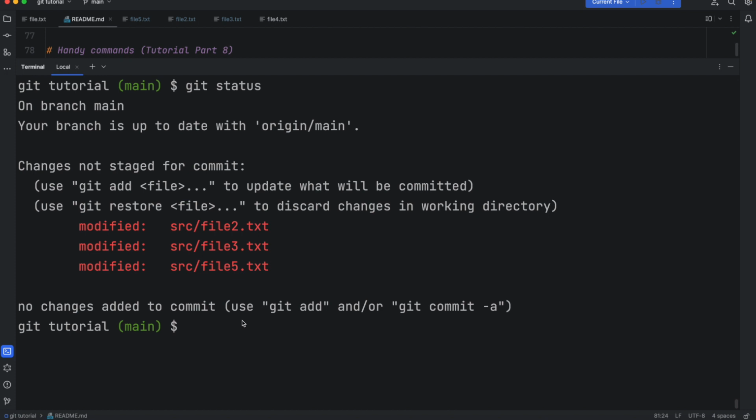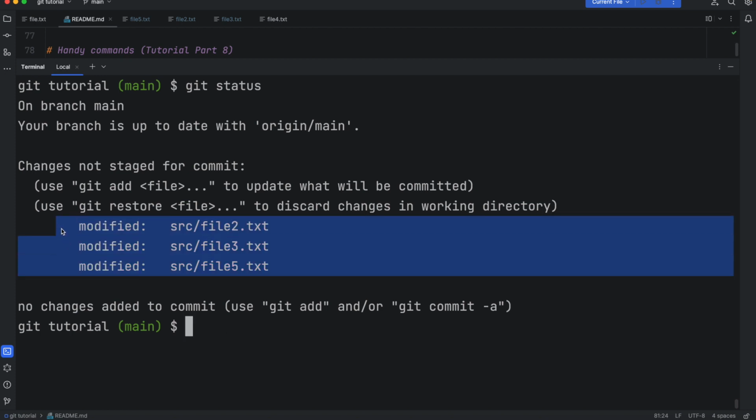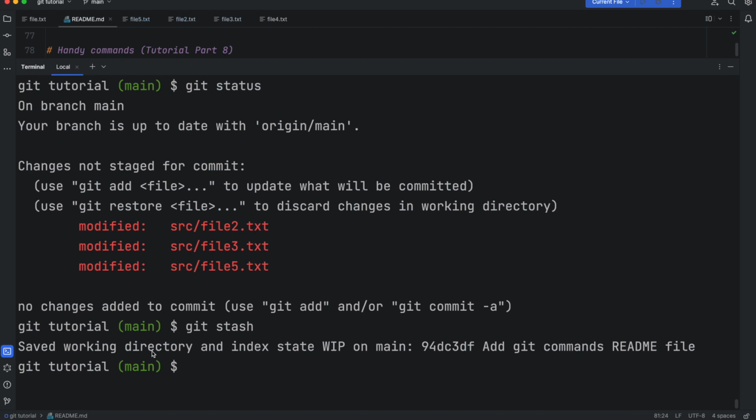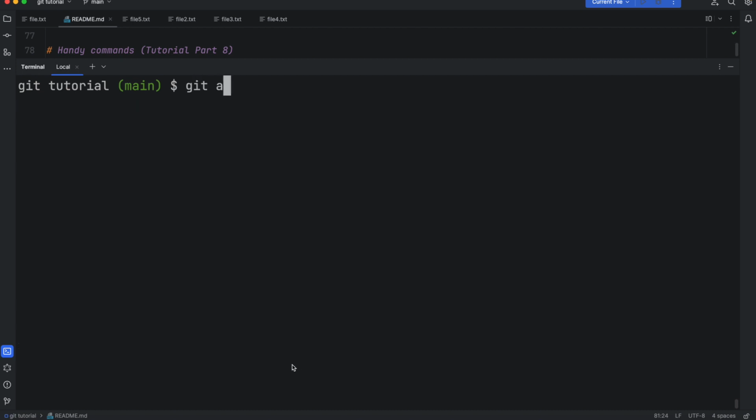Now, maybe one of my colleagues came to me and said, can we test something? And since these files are not completed, my local changes are kind of broken. So what should I do? I can just stash them. There's a command, git stash. If I send this, it says saved working directory and index state WIP at this location. Since we didn't give it a name, it just saves it at this number. So if I clear this out and say git status again,